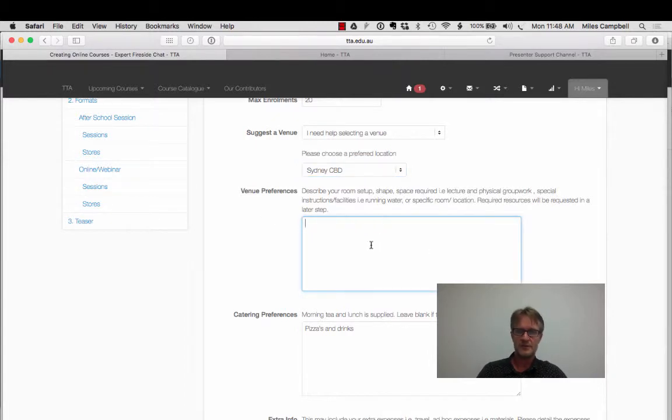your venue preferences. Okay, this one we're going to pause and take our time. There's a few things to consider here. Firstly, this is a spot where you can tell us at TTA everything you want to tell us about the kind of venue that you will be requiring. So